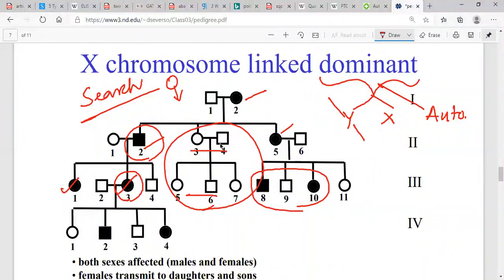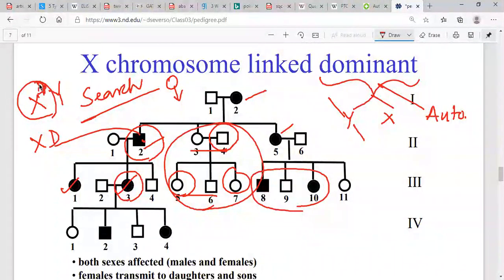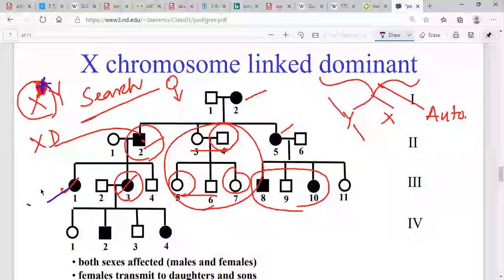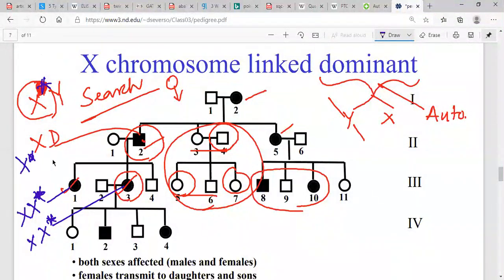So it proves that, now again you see here, the male is not affected, but not a single daughter is affected. It means there is a high possibility it could be X-linked dominant. So what will be the phenotype here? X or Y. So this is your dominant trait, X. I'm putting a blue star here. Now this will be expressed here as X star, and also she will express X star. So this will dominate the other X gene.